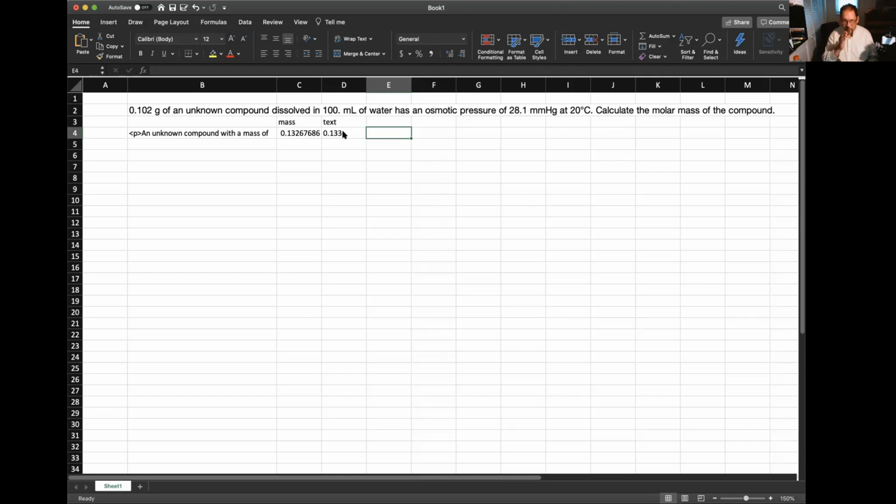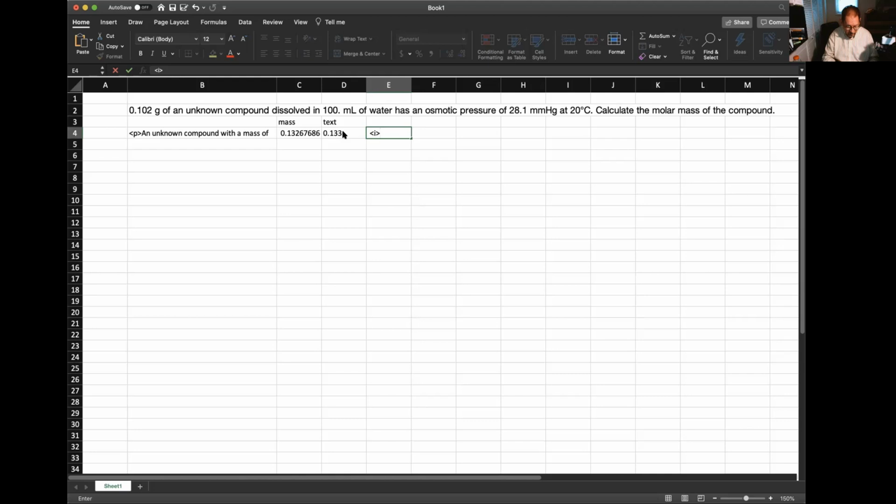Now if I just started typing here, that value is going to be tucked up right next to the 3. So of course, we'll use a space then. And so I'll go space, and then you could put in G for grams. Well, personally, I like all of my units in italics. It's up to you. It's less typing if you don't. I just think it looks a little cleaner when I do. Italics tags. So unknown compound with a mass of 0.133 grams